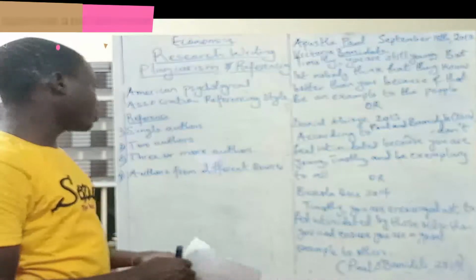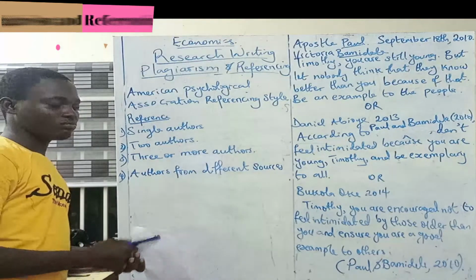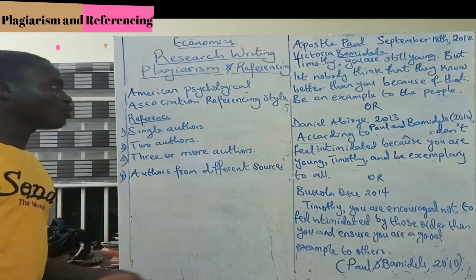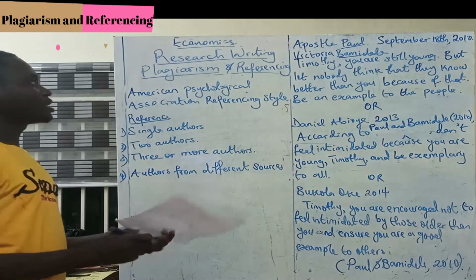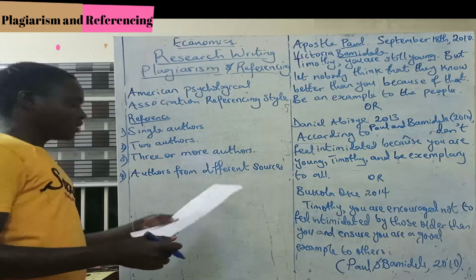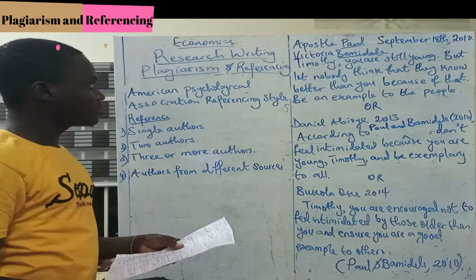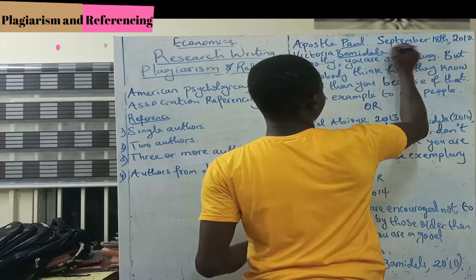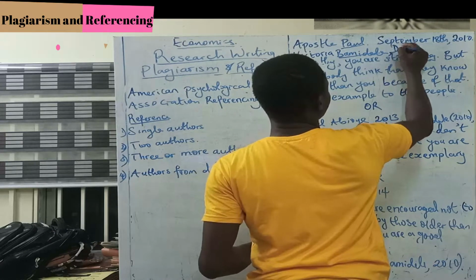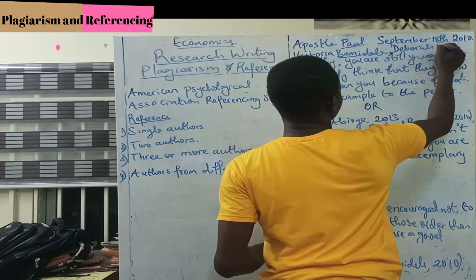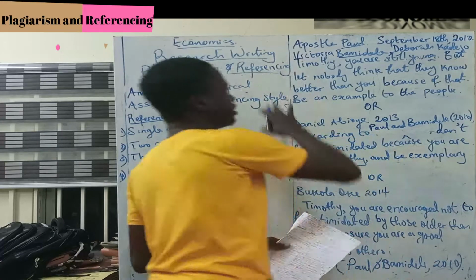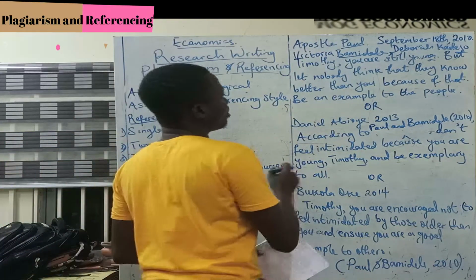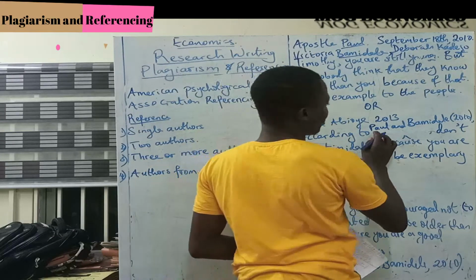Now when you have three or more authors, I think from one of my readings I figure that it's even when you have four authors. But whatever it is, when you have three or more authors, how do you reference them? So let's say after you have Apostle Paul, Victoria Bamidele, there's someone else, let's say Khadija Deborah. So three people wrote this journal, or three people wrote the book where you took this idea from. So how are you going to reference them? So what's the first person? First person is Paul. So according to Paul,